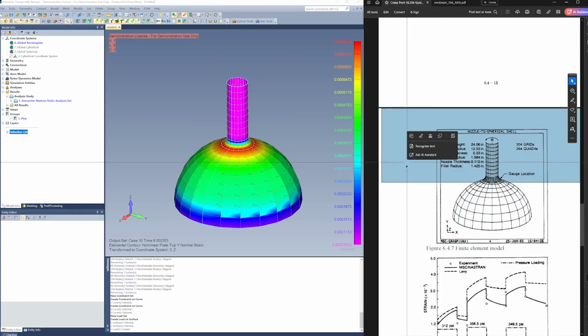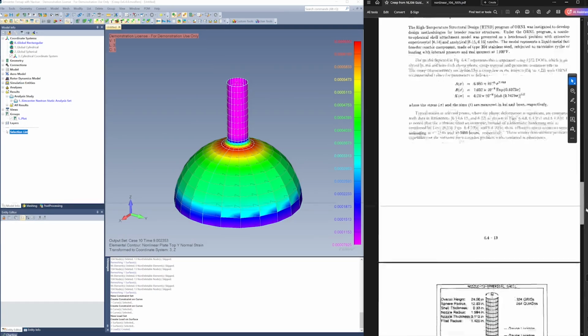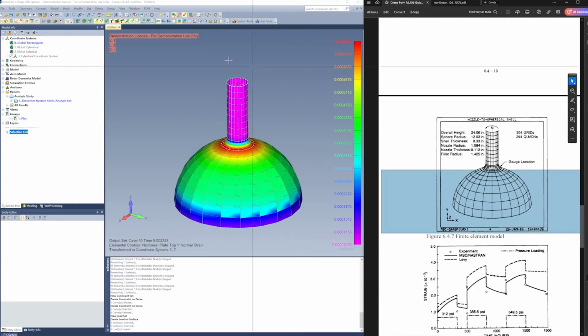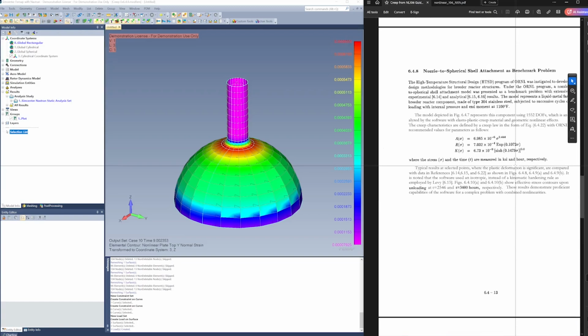I've got it printed down to just a few pages so I don't accidentally scroll too far and get lost in the video. But as you can see here on the left, we are duplicating this model right here. This was one of my practice models. So we're going to be going over how to set up this model and use the material properties associated with